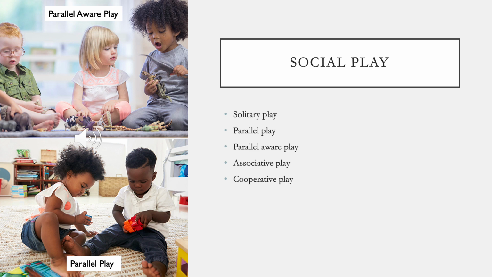During parallel aware play, which we're swapping for associative play, children are starting to develop more active exchanges with one another during their play, but they're not quite fully interacting in the sense that they're developing ideas or they're cooperating during their play. So for example, maybe you're doing a Play-Doh activity with children, and you're all sitting at the table together and everybody's playing with the same materials and everybody's working on their own creations individually. So we're playing parallel, but we're aware of each other, right?